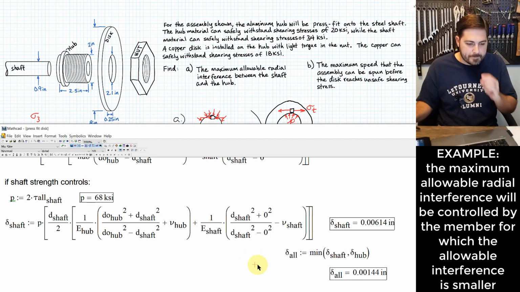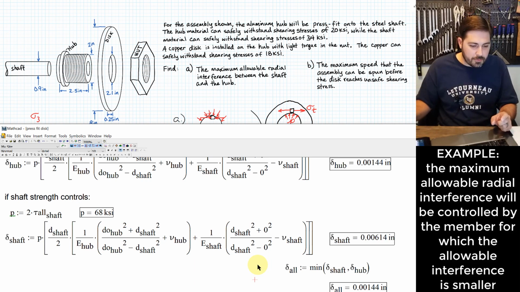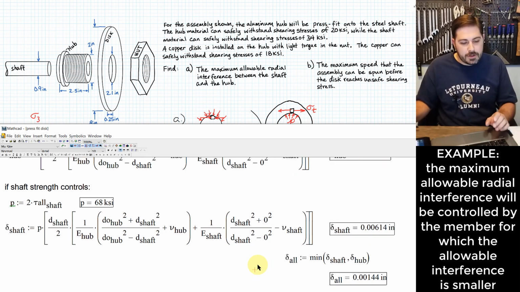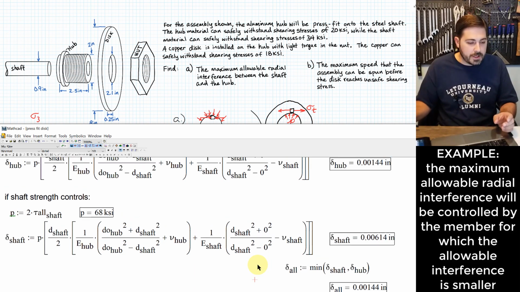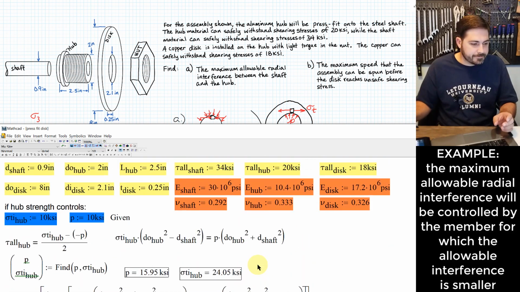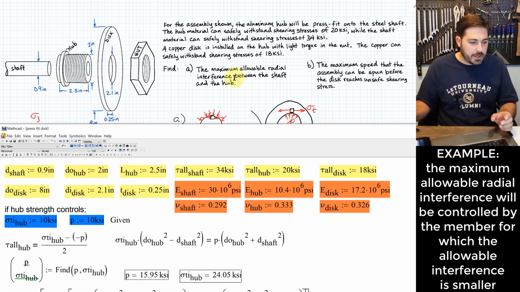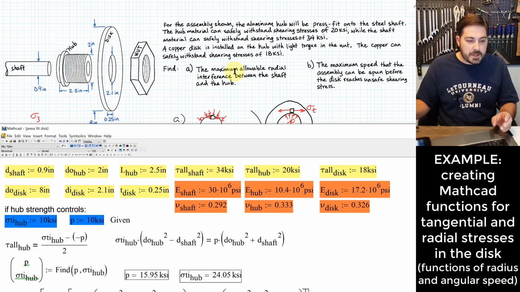Okay, so that's part A. We just finished with part A of this problem. We know that we can go up to 0.00144 inches of radial interference before we overstress either the shaft or the hub. The next piece is we need to figure out what this maximum speed is that this assembly can be spun before the disc reaches unsafe shearing stress. Okay,